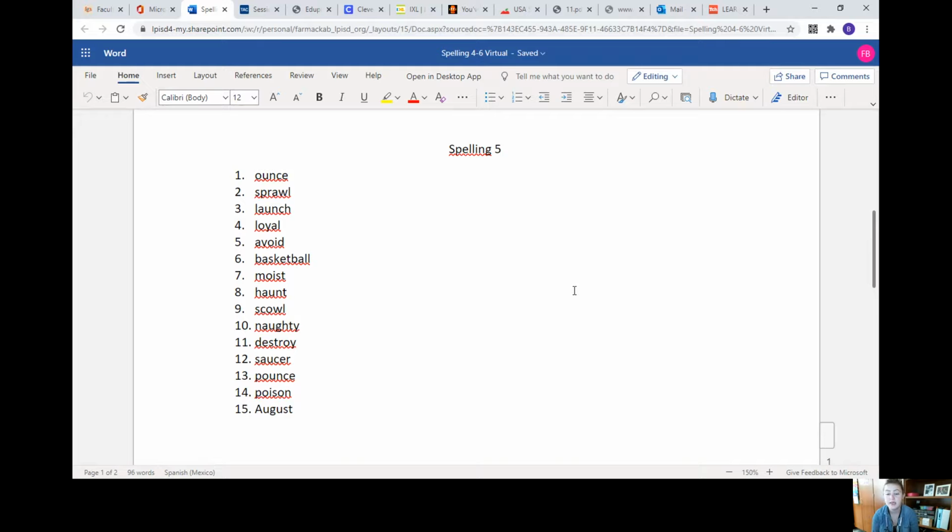So this August is capitalized because it is referring to the month of August, and we always capitalize the A in the month of August. I know that it has all these little red lines on it, and typically that means that I spelled it wrong. I promise I didn't spell it wrong. It's because they are not capitalized. Your spelling words do not have to be capitalized except for August, because we are referring to the month.